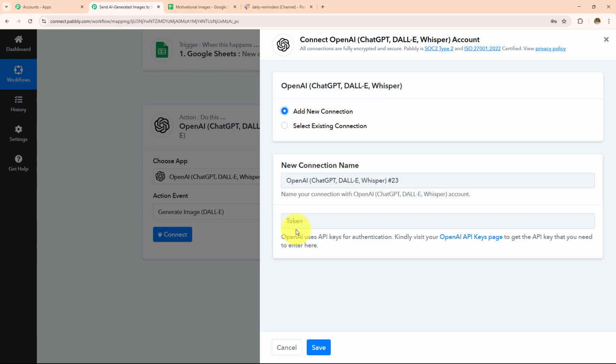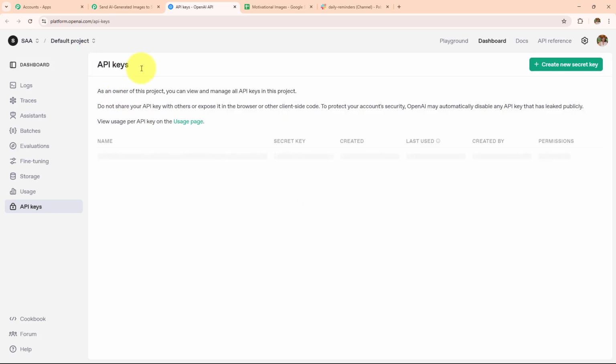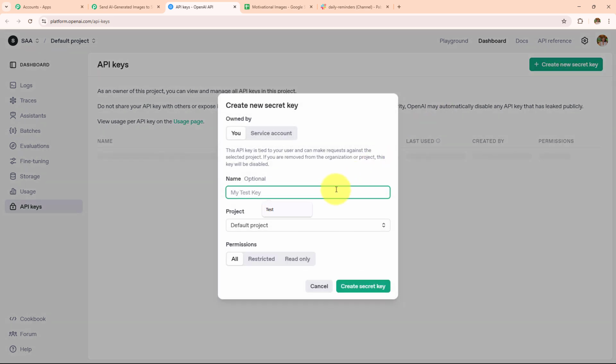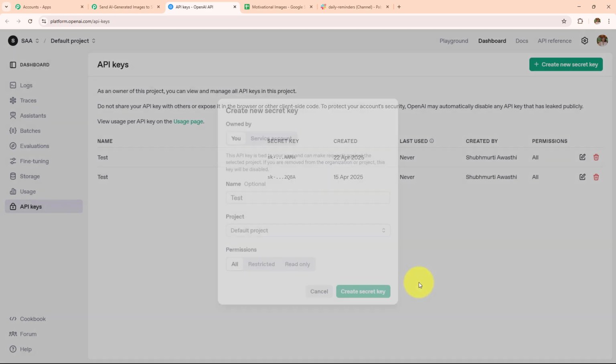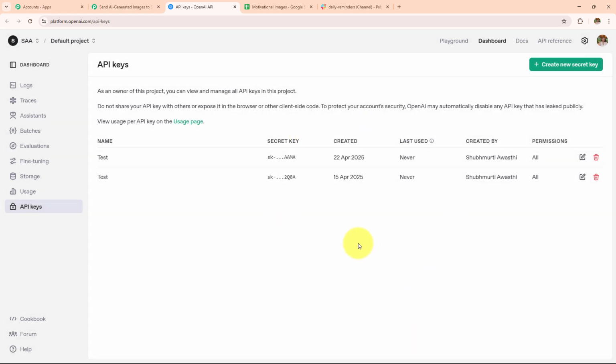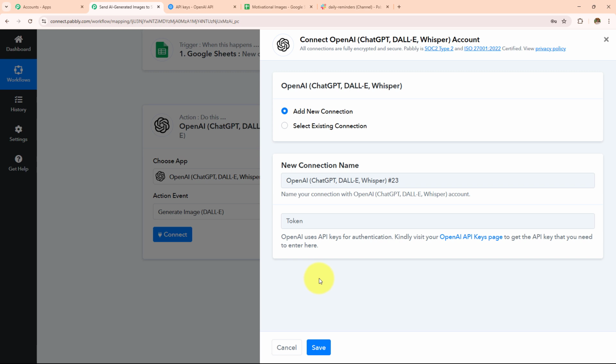Now to make this connection, we have to enter the token. Following the help doc given below, I'm going to click on the hyperlink, and it has taken me towards this API keys page. Now to create a new API token, I simply need to click on Create new secret key. First I have to provide the name. So let's say the name is test. The project will be Default project and the permissions will be All, and then I simply need to click on Create secret key. A new API token will be provided to me,